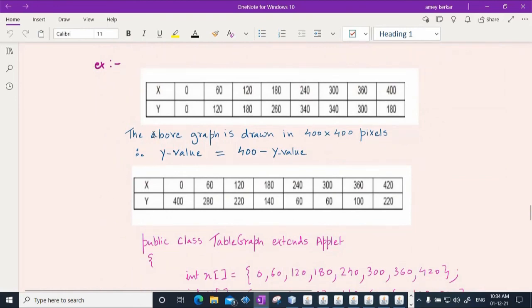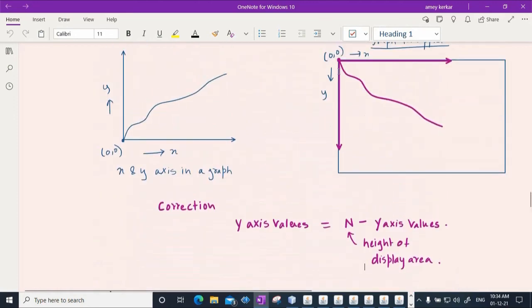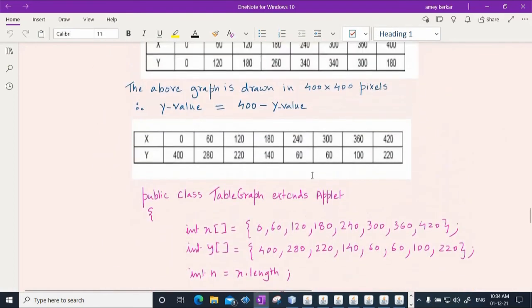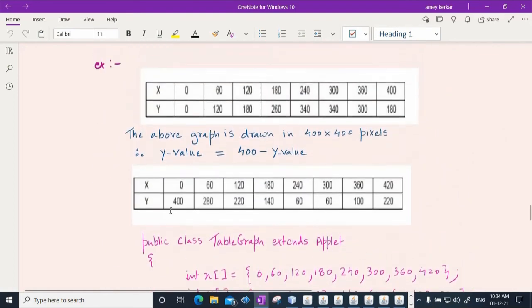Assuming that the above graph is drawn in 400 by 400 pixels, the height and width of that particular applet is 400 by 400, wherein 400 is the height of the display area. So the new y value that we come up with here will be 400, that is the height of the applet, minus the original y value.